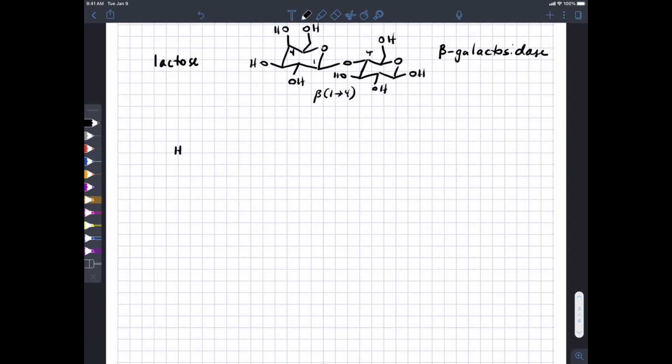Let's imagine that we have an aldehyde here and an alcohol here. I don't know that I like that. Let's imagine that we have an ester here and an aldehyde here. And let's imagine that my desired product is to have the aldehyde survive, but I want to convert the ester